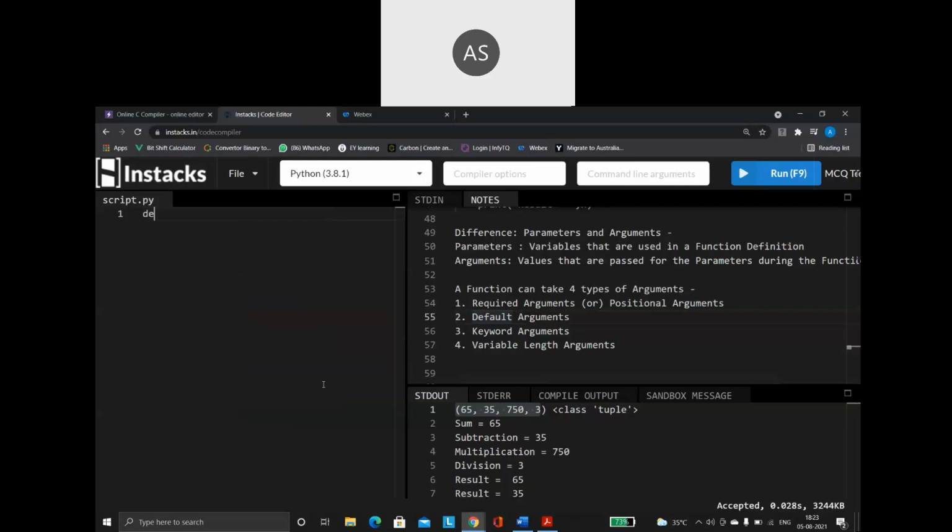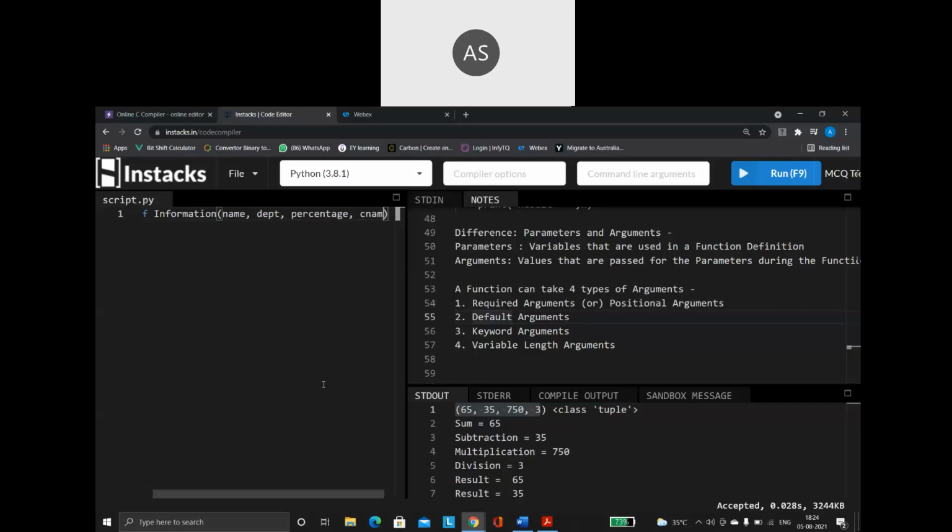I am saying def information. Information is the name of my function. So here I'm going to have the name of the student, the department which he or she belongs to, then the mark, the percentage, and then the college name.